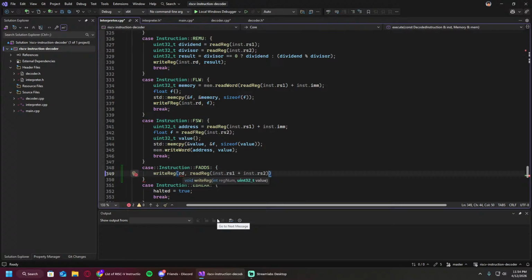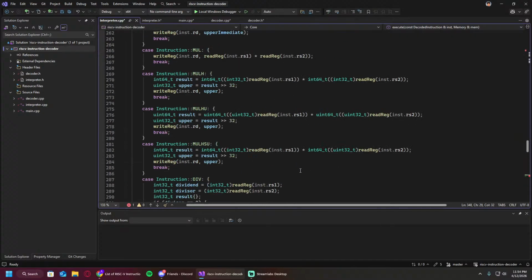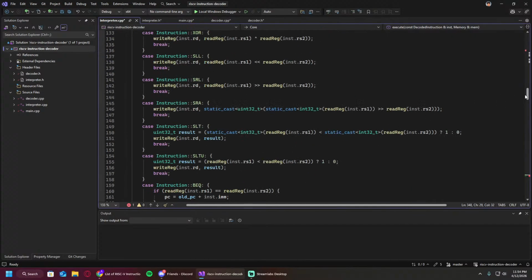But then this would end up being the same as our... Oh, sorry. It'll be separate. So reading the registers of these two. But this would then be the same implementation as